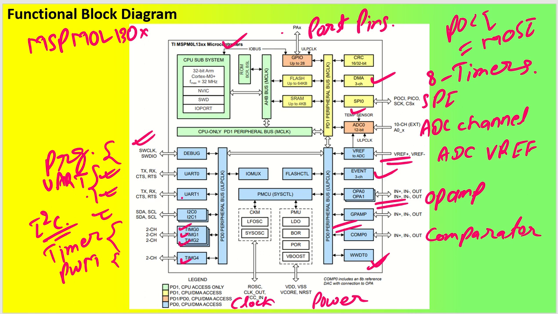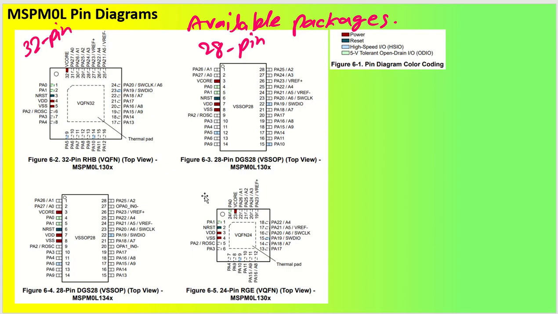Okay, so if you see the pin configuration, it will look something like this. This is a 32 pin package, sorted in this manner, like pin number 1 to 8 and then 9 to 16, and similar to that 17 to 24 and 25 to 32. And it has a thermal pad which is going to support you for better thermal heat dissipation. And if you see, these pins are arranged in such a manner that they have been color coded.